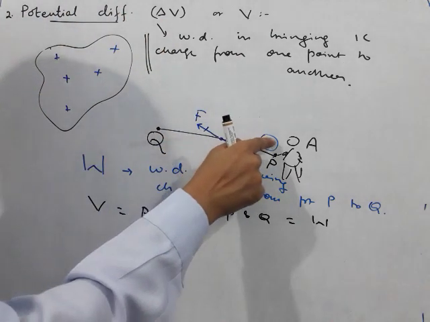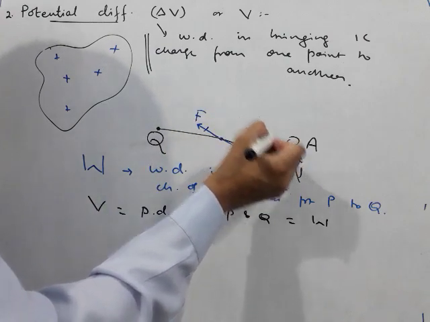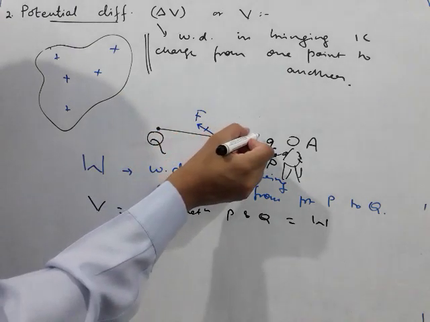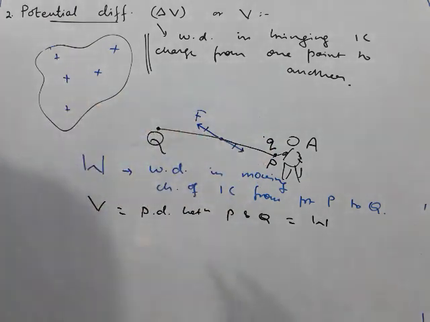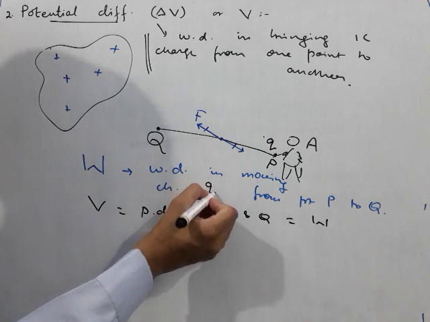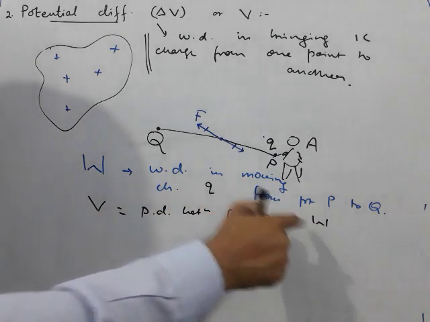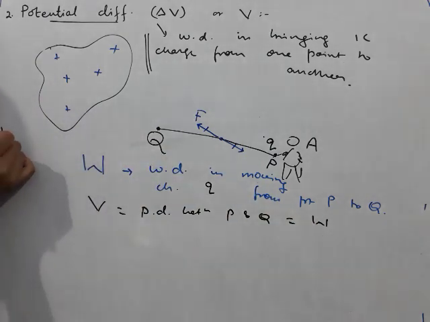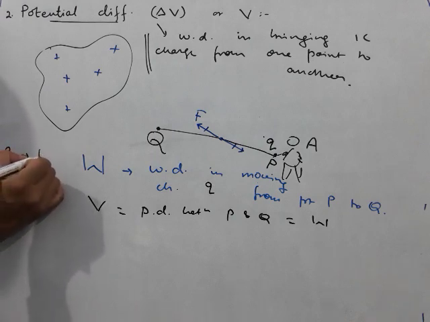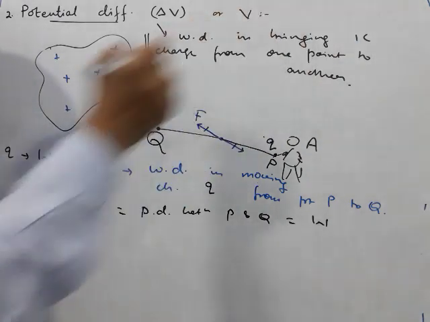Now instead of bringing 1 coulomb, he might bring 2 coulomb, he might bring 3 coulomb. In general, suppose he takes charge Q from point P to Q. And in bringing charge Q, suppose the work done is W. So W is the work done in moving charge Q from one point P to the other point Q. Then V will not be equal to W. Why? Because W is the amount of work which the person does in shifting charge Q from one point to the other. So for bringing charge Q, if the work done is W, then for bringing 1 coulomb charge, unit charge,